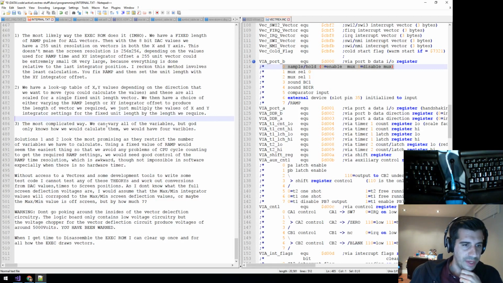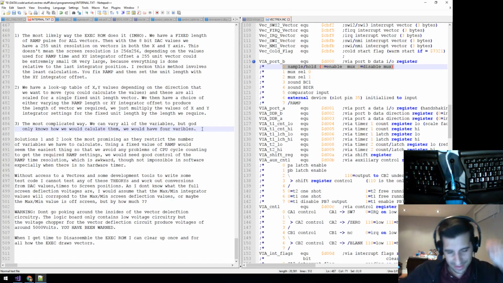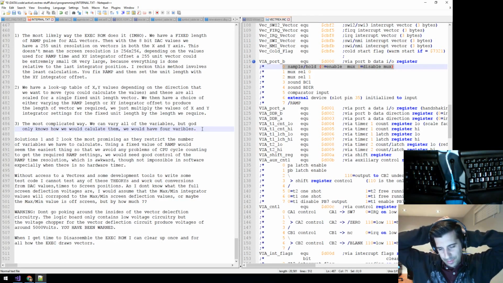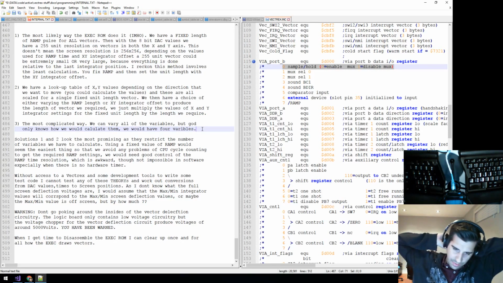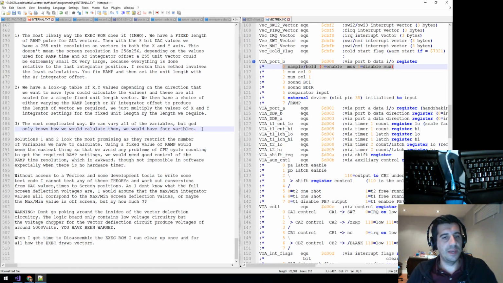So the most complicated way, we can vary all of the variables, but God only knows how we would calculate them. We would have 4 variables. Okay. So he means the x and y integrator values, the fixed offset, and the ramp time. Solutions 1 and 2 look the most promising as they restrict the number of variables we have to calculate. Using a fixed value of ramp would seem the easiest thing to do so that we avoid any problems of,